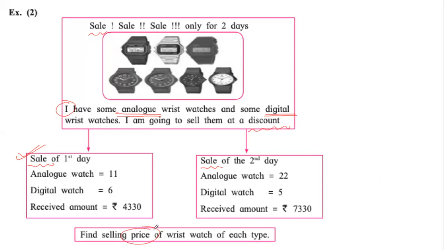Yes. But how do we use the price then? If price is something that we need, then why are you all saying analog watches and wrist watches? Why do we need variables for that? We already know there are 11 and 22 analog watches. We already know that there are 6 and 5 digital watches. Then why do we need variables for that? We don't. We need variables for something else. Push, push, push. Amount. Be more specific, Prachi. Selling price of what?